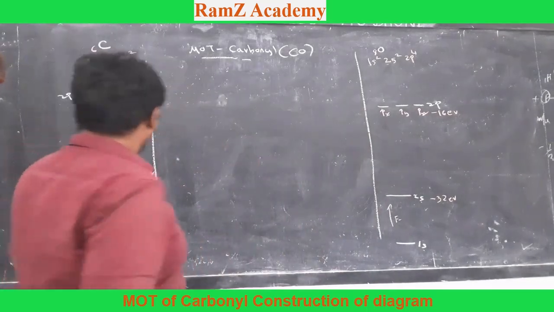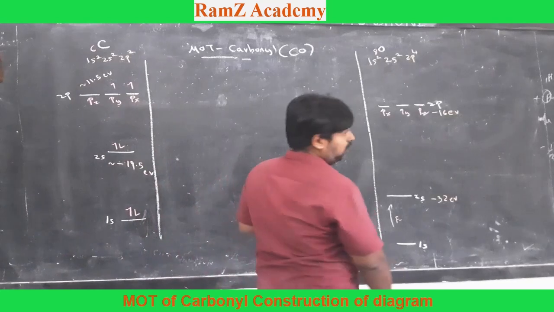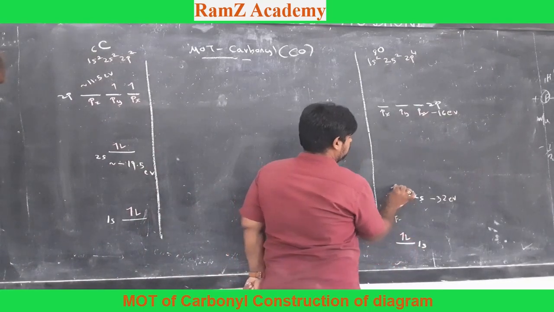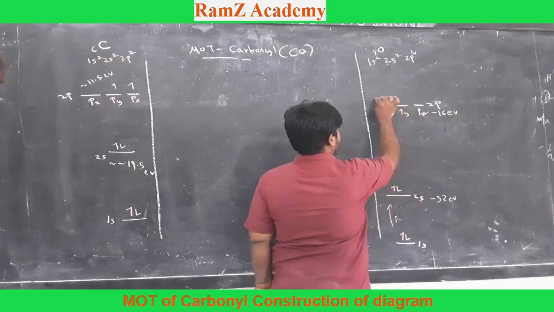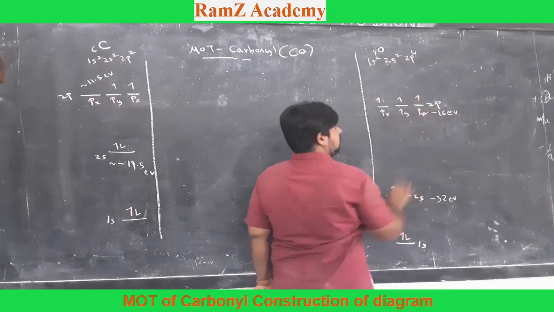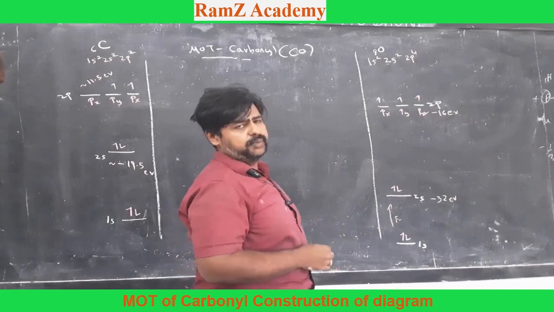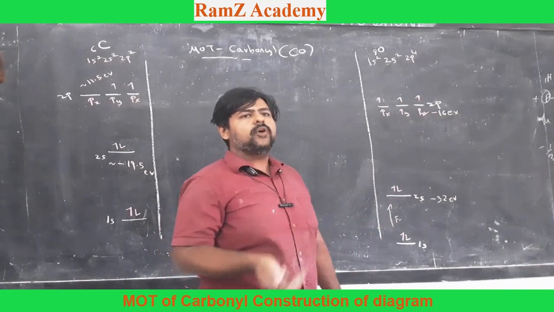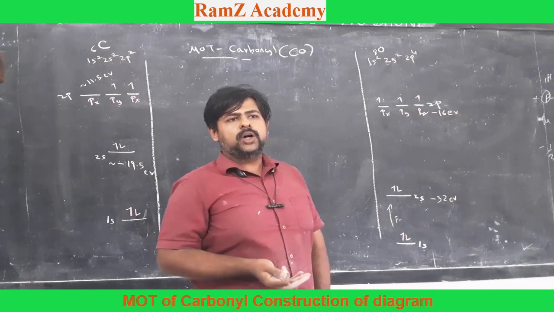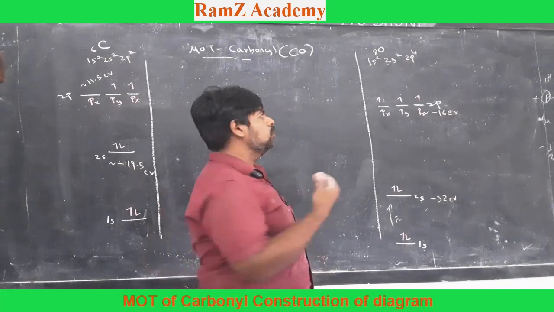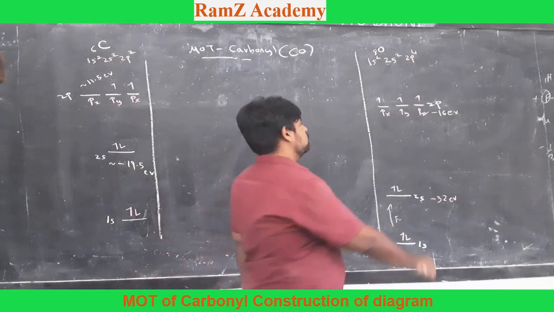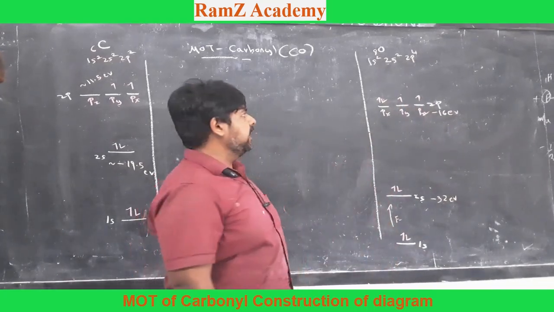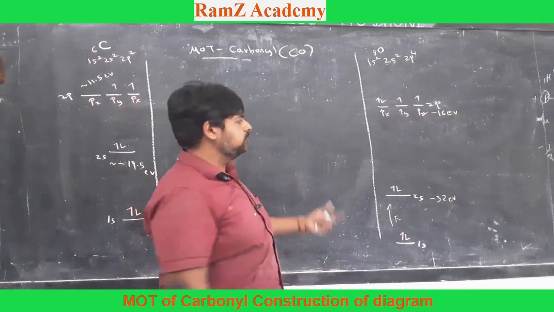Now I will also fill the electrons in the oxygen atomic orbitals. So 1s2, and then you have 2s2. And then for the 2p you have 1, 2, 3. This is very important, the way I am filling the orbitals. I don't pair them up initially, because first you half fill them, following Hund's rule and the Pauli exclusion principle. So you don't want to pair them right at the beginning. After half filling them, you put the 4th electron, pairing it up. So this is the electronic configuration for oxygen.